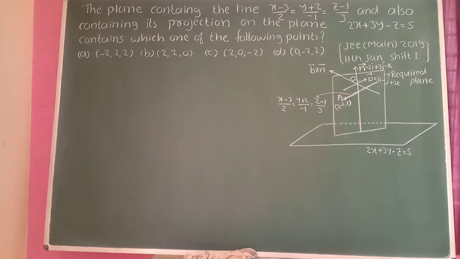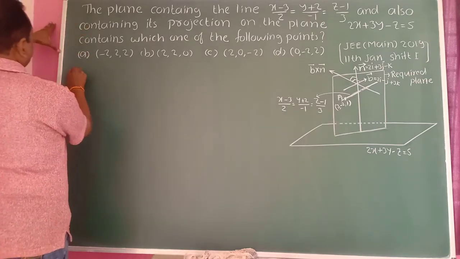The plane containing the line (x − 3)/2 = (y + 2)/(−1) = (z − 1)/3, and also containing its projection on the plane 2x + 3y − z = 5, contains which one of the following points? So here, the given equation of the line is